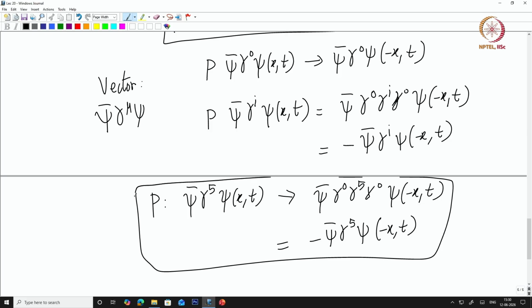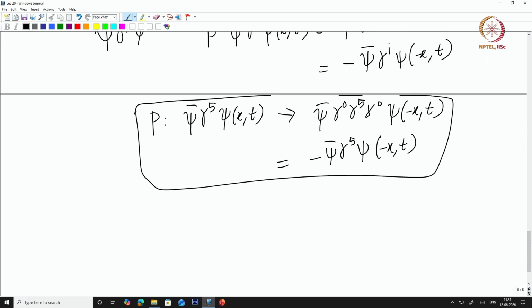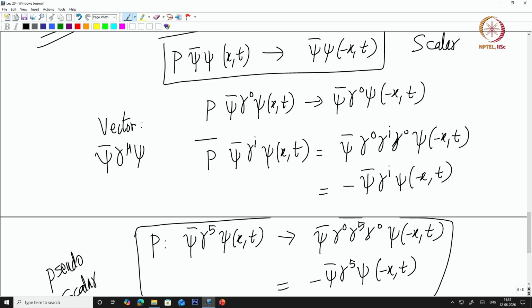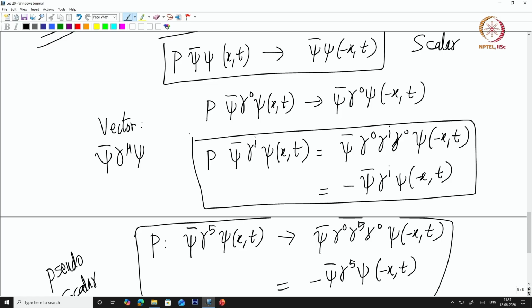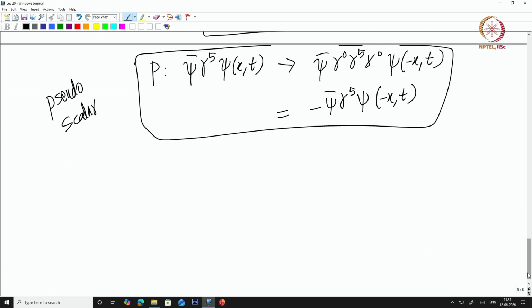So, what we have here is a pseudoscalar. Okay. This is called a pseudoscalar. This is the vector. Okay, this is a vector and this is a pseudoscalar. Similarly, you can also have an axial vector